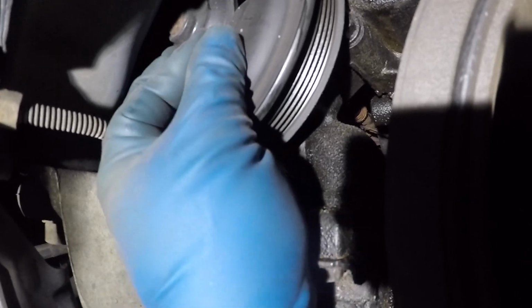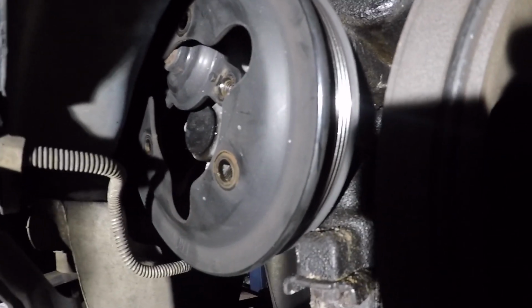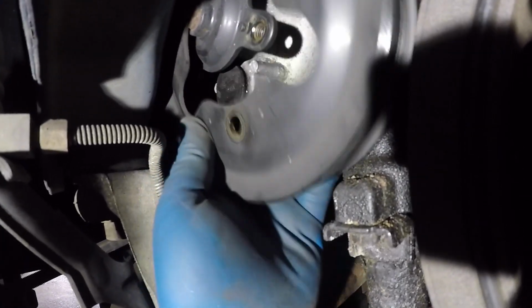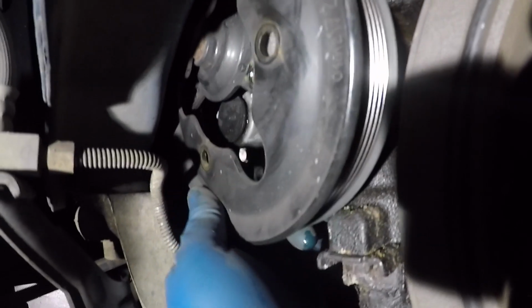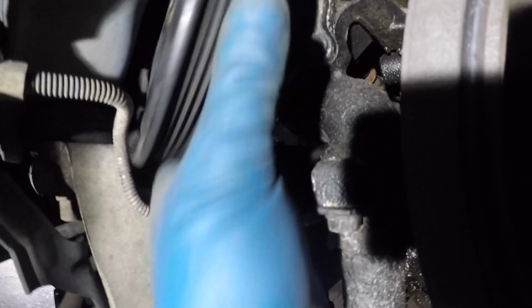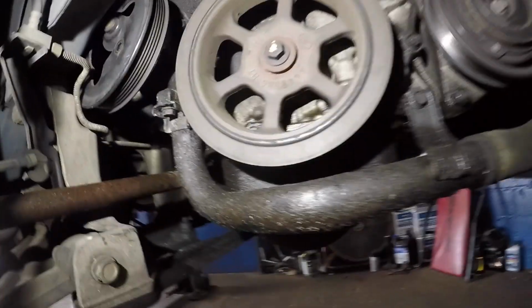Okay, so the last one, it's only got 3 bolts on it. So the pump, pulley. Okay, it's not gonna come out. Wow, that's crazy. Okay, I'll figure that part out to get that out of there. Sometimes you gotta take off the pump with it. I'm not sure, I've done it before, I've done this pump before, but anyways, I'm gonna move on to draining